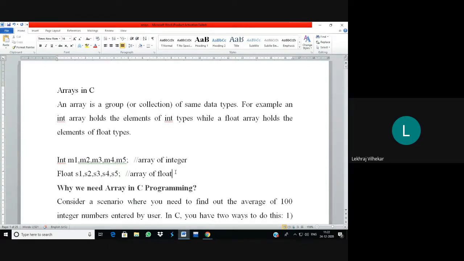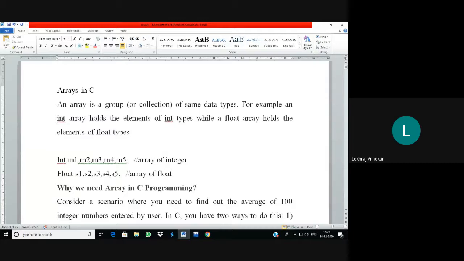So what was the problem? The problem was that whatever variables there are, they are dispersed at different memory locations. What we want is that memory should be allocated to them contiguously. Contiguously means one after another. First you have memory for S1, then just after it memory for S2, S3, S4, S5. We want a contiguous memory allocation, meaning they are just near to each other.